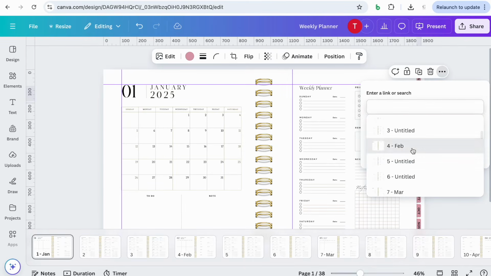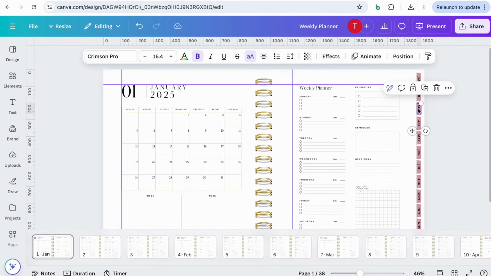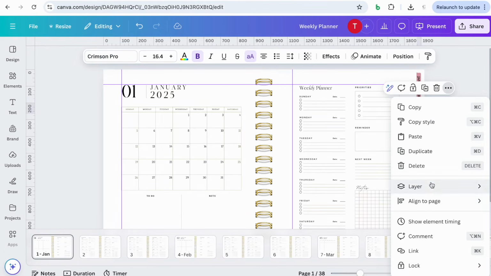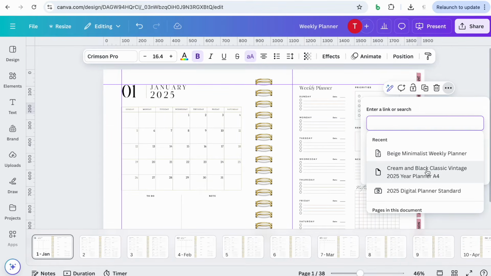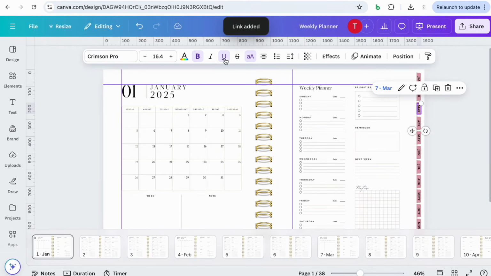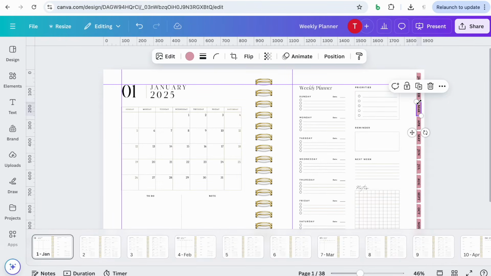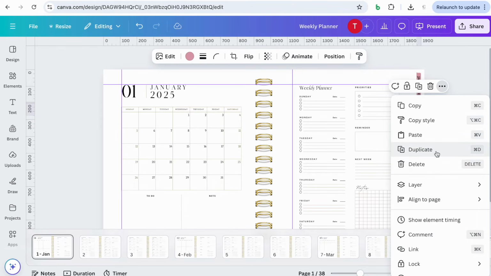So you're going to watch me do this for each tab. Okay, I'm not going to talk through all of this. You can just watch me do it. So March, click on it, go to link, go down, and go to March. Remove the underline. Now click on the actual tab behind it, go to link,